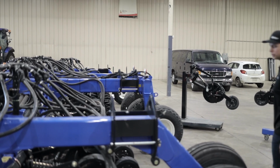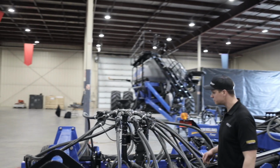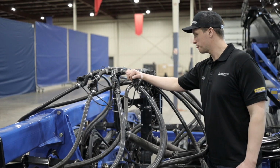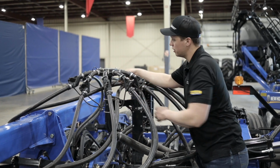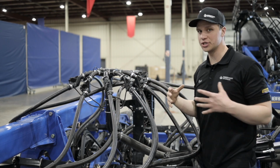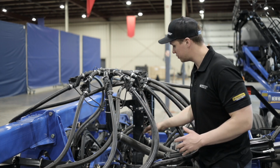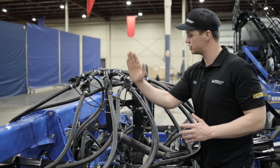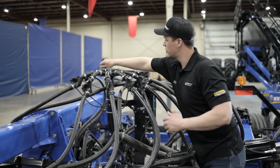And then coming around to the rear, we'll talk about the seed towers. Coming from the 2.5-inch primary runs to the 1-inch runs, in the seed towers, are little dimples just before seed or product reaches your easy flow header. The purpose of these dimples is to create turbulence in the airstream to spread those seeds out, because as the seeds come into the airstream, they're going to ride right along the side of the seed tower as it makes that change. So those dimples will create turbulence and spread those seeds out, so when they come in contact with your easy flow header,